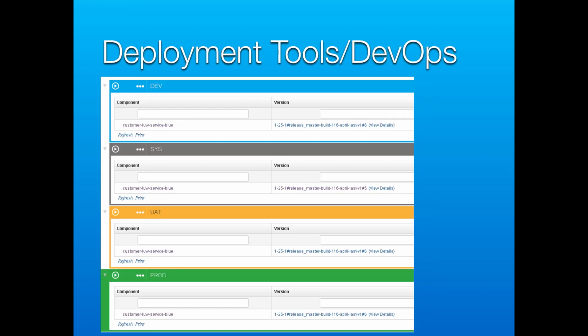This is Urban Code. Urban Code is an IBM tool. It's for code deployment, and as you can see, at any moment of time, using a web-based, browser-based view, you can look at the status of things. In this case, for this company, we had four major environments. Dev is where Jenkins deploys any time that you build, and dev is where developers do their testing. Once developers finish a feature, they test it on their laptop, they check it in, they take it to dev, they test it in dev, and when everything is working, they promote that code to SIS, which is System